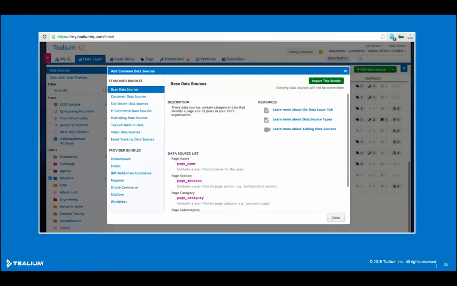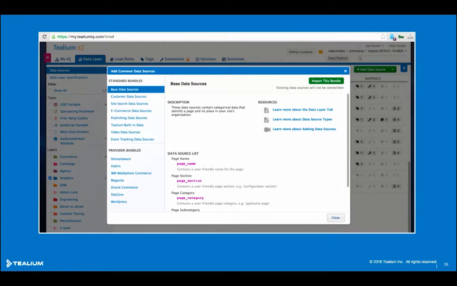But before I do that, just to illustrate a further point about IQ, Tealium's intuitive interface makes it straightforward to add data sources into your data layer, because I can appreciate this sounds quite a daunting task. But this is more easily achieved through our import bundles, which is a wizard-style approach that enables you to automatically pull in data sources from your content management systems.